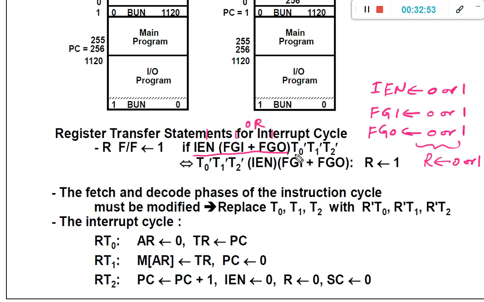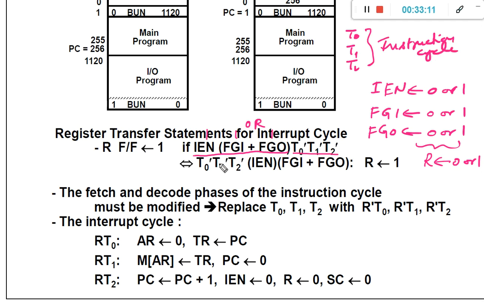Then what about T0 dash, T1 dash, T2 dash? Actually T0, T1, T2 are the timing signals designated for the instruction cycle.